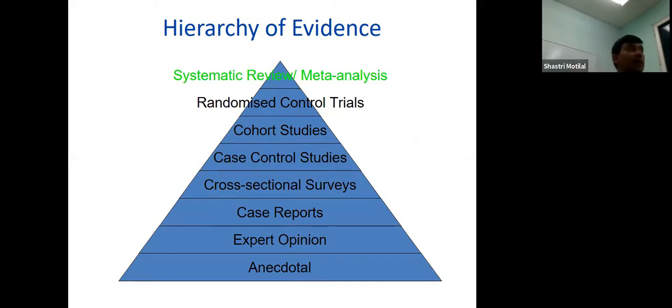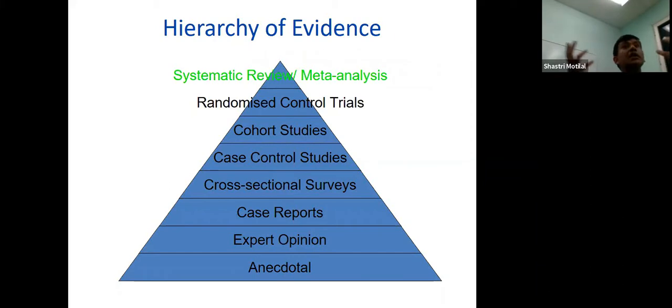What I would say, and we'll go through most of these study types, at least the first 5 study types in this course, is you could do a systematic review on all the other studies. You could do a systematic review on RCTs. You could do a systematic review on cohort studies. You could do a systematic review of case control studies, right? So you could do a systematic review of all the other study types that exist, right?